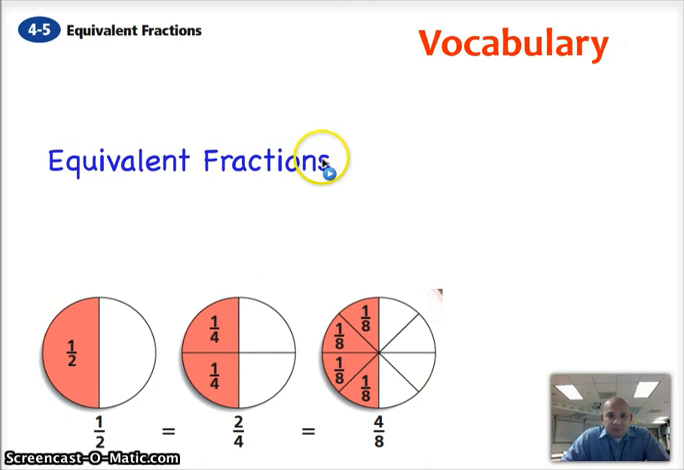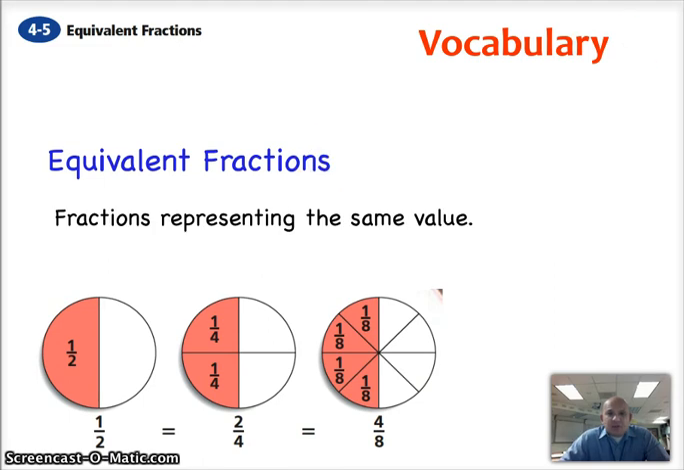First term is equivalent fractions. Equivalent fractions are fractions representing the same value. If we look down here at these three circles, and I want you to go ahead and draw these three circles, you'll see that the first circle is divided directly into half, and the pink shading indicates half of the circle. Well, in the next drawing, the same area has been shaded in pink, but this time it's divided into